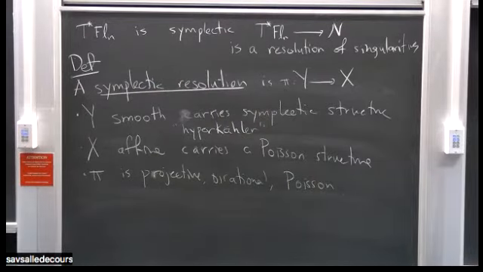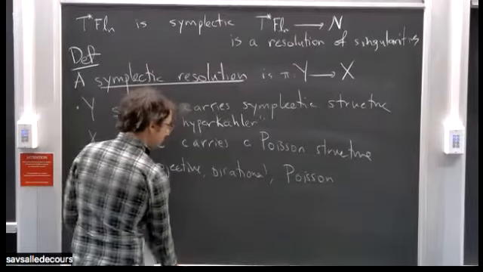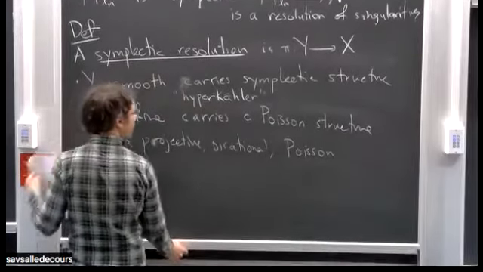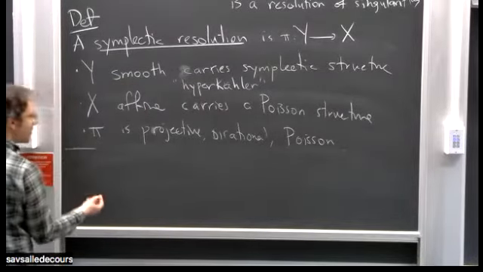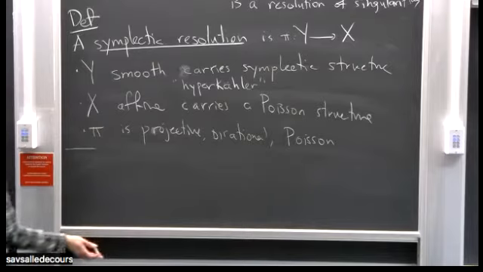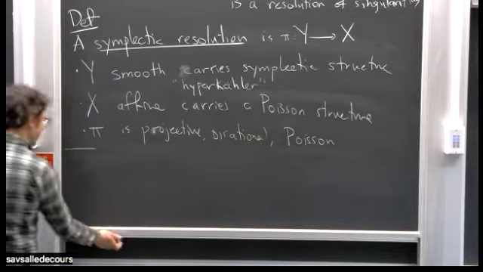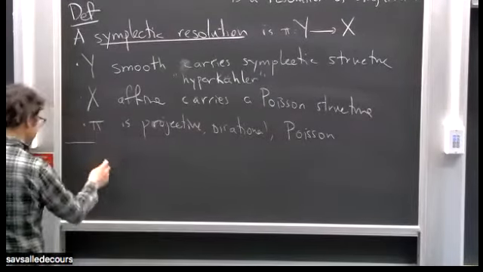Any question about the definition? Can you remind us what Poisson is? So Poisson means there's two approaches. One, you could say it has this Poisson bivector, or maybe simpler, more algebraic, at least simpler for me,